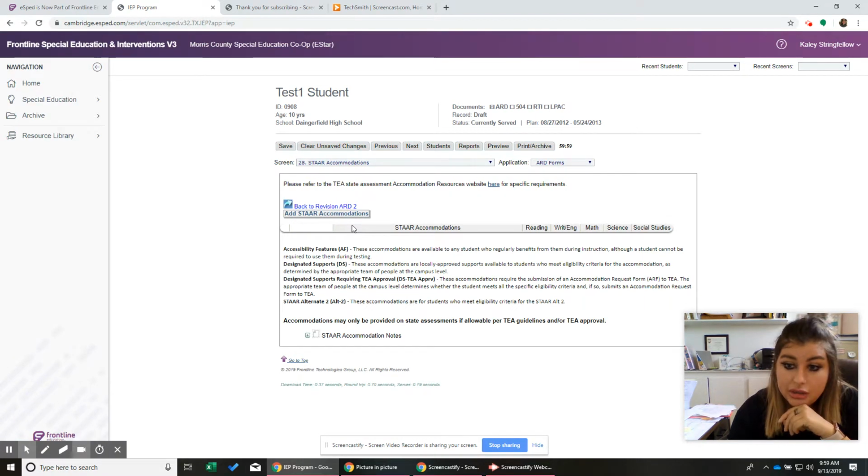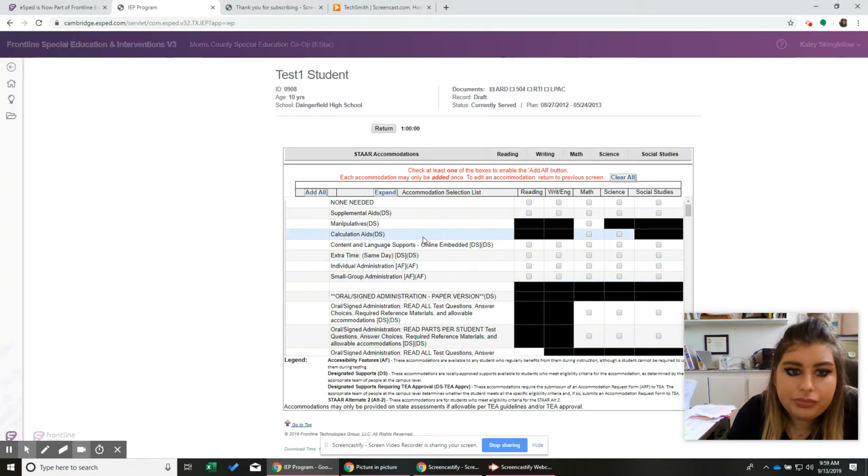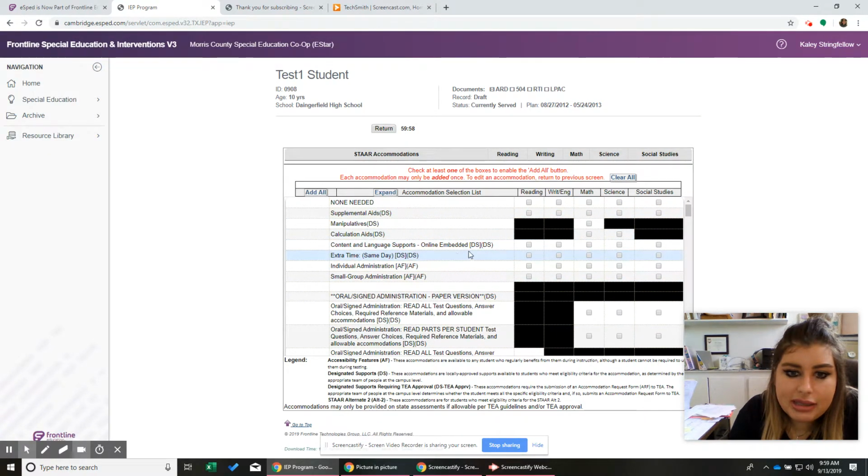You're going to want to put what they're using in class, so these should pretty much match what's happening in the classroom. You can do an additional beyond what you do on the STAR test in class, but not vice versa. You can't do more than what you're doing in class. So we're going to add they receive, I should have added that to the other. I might have extra time, and they're taking English, and they're taking,